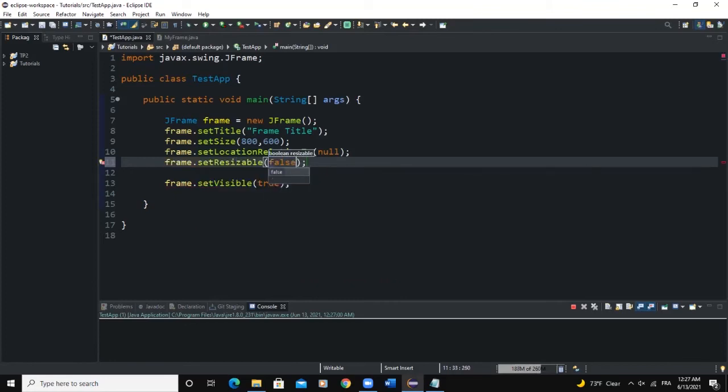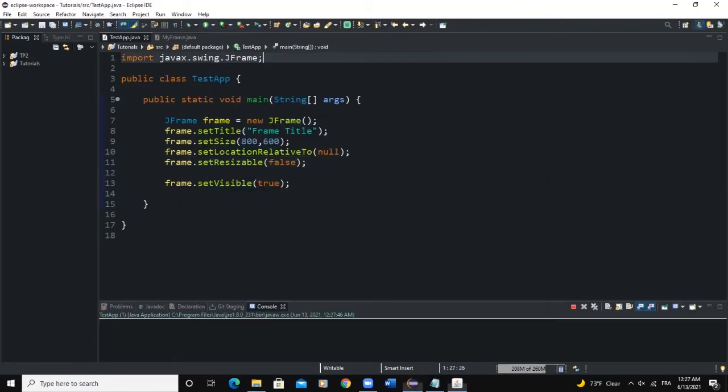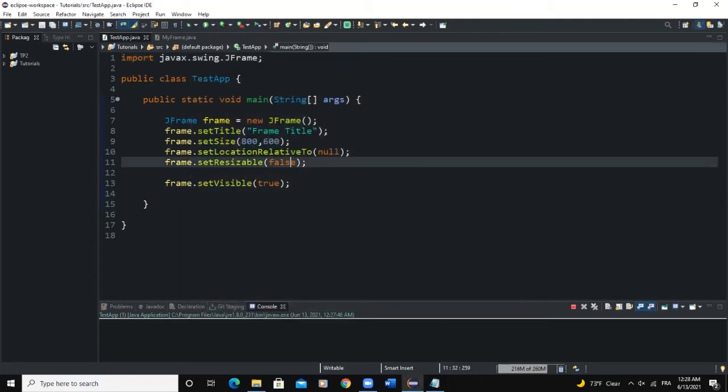SetResizable, and we will say false here. So now when I run, if I try to resize the frame, I'm not able to do that because we set resizable to false here. One other thing we can define is called the